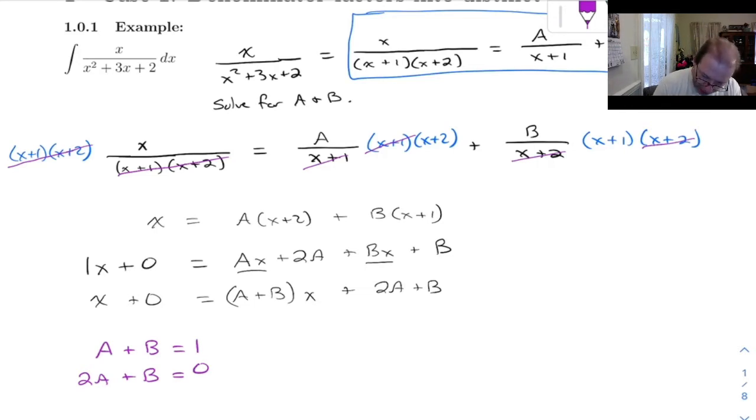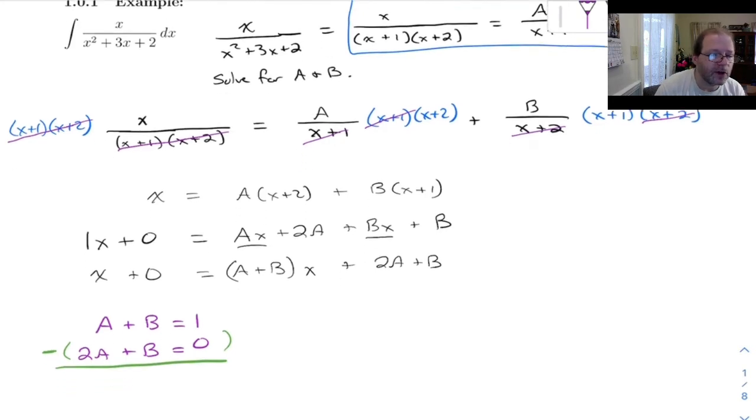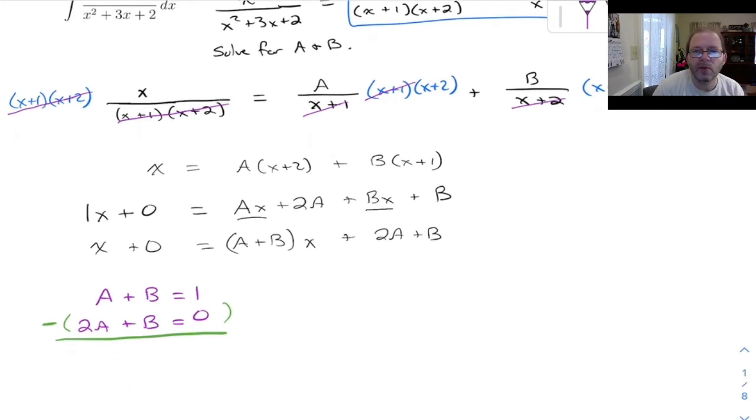All right, now I need to solve this, so I'm going to subtract. This is just a system of two equations and two variables. If I subtract this, I get a minus 2a is negative a, b minus b is 0, 1 minus 0 is 1. So what I get here is a equals negative 1, and so b has got to be 2. Is that right? If a is negative 1, then b is 2. Yeah. So there's a lot of algebra in this, but